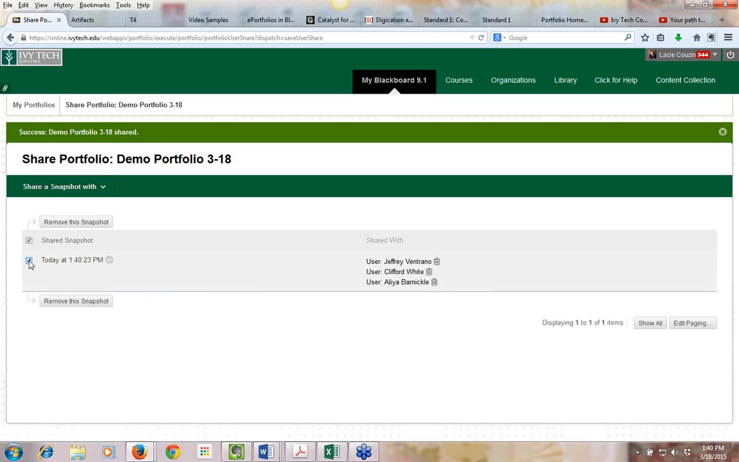But I decided I don't want Cliff to have access, but I still want Jeff and Aaliyah to have access. If I click here and do Remove Snapshot, I'll lose all 3 of them. But if I just want to take access away from Flip, I can just click on the little trash can